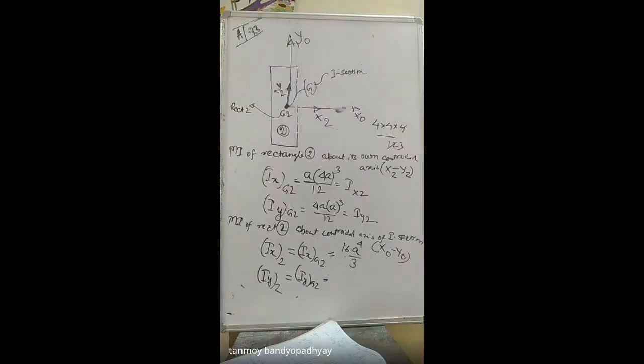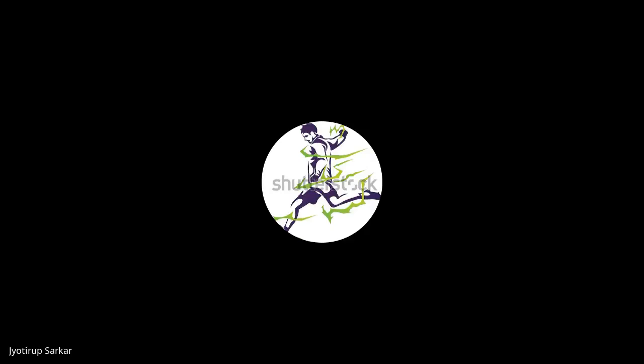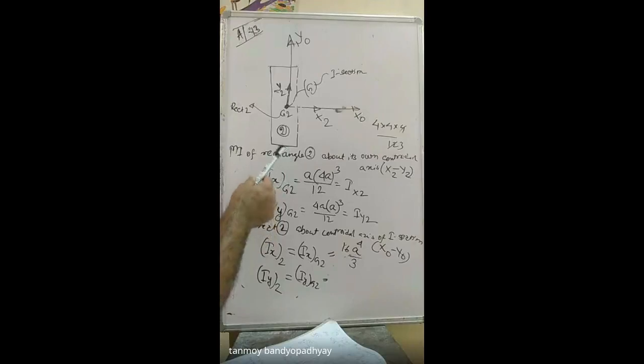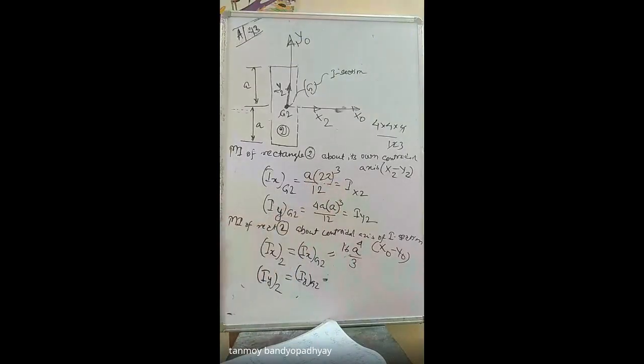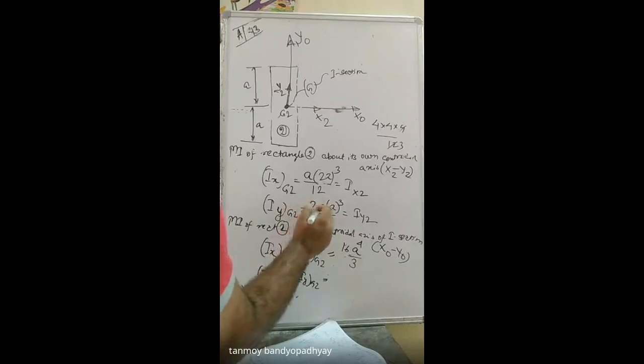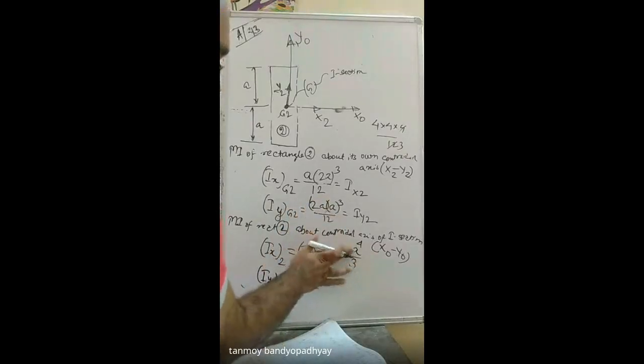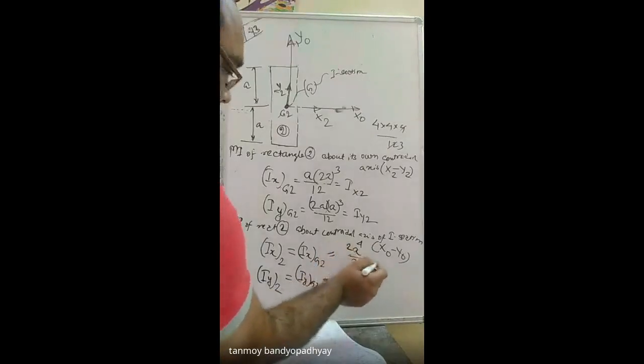But sir, I think you took the height wrong. The height will be 2a. Yes sir, for the Ix, the height will be 2a. Yes, I did not write it since it got wrong. Then it will be 2a cube, 2a to the power 4 by 3. So this is actually 2a. Ankan responds well, very good. So this will also be 2a. Calculate this, then it will come 2 by 3.